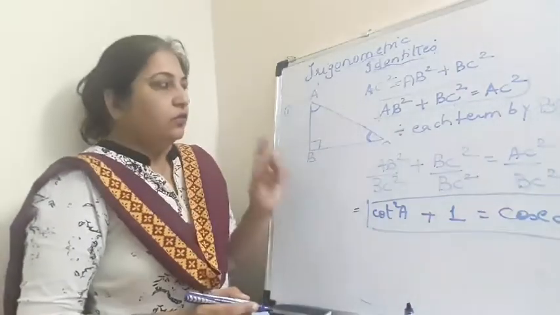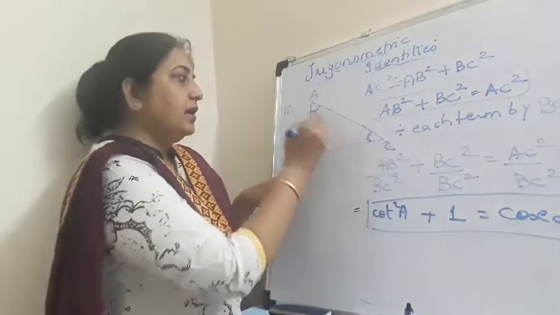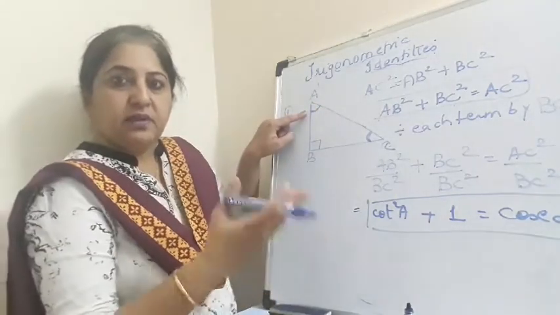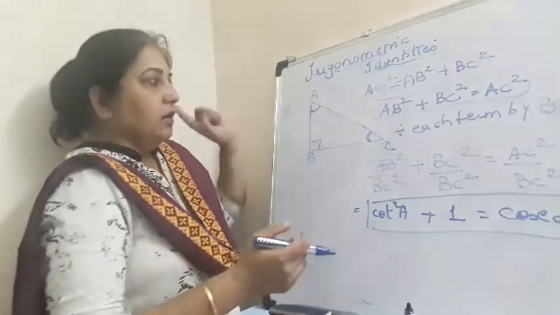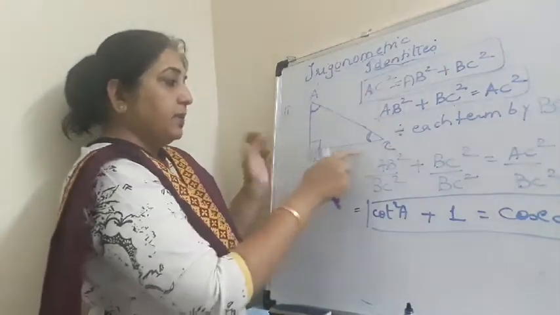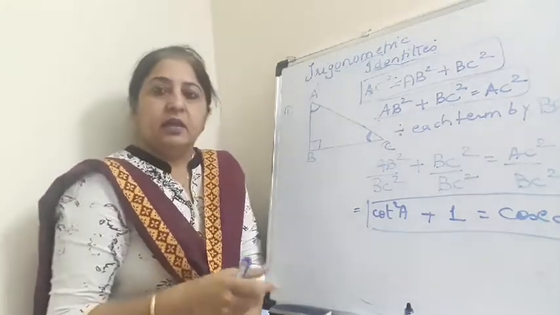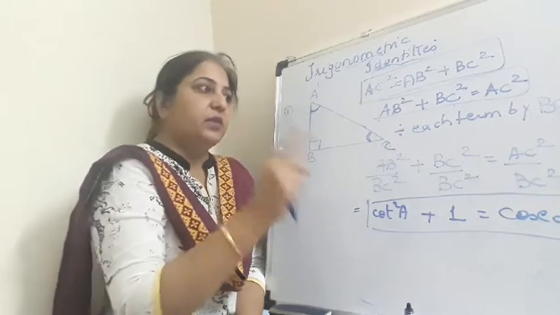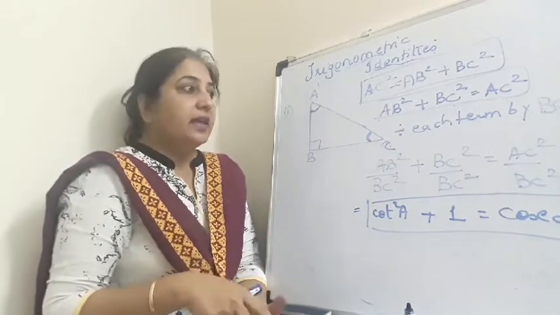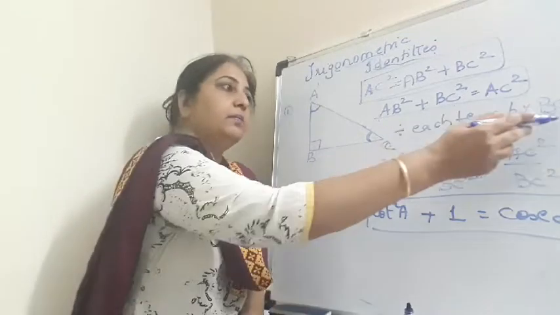Is it clear to you? So we have taken a right angle triangle, right angle at B. Because we are focusing on angle A, with respect to A we will take adjacent and hypotenuse, as we have discussed this before also. Now we begin with the Pythagoras theorem that AC square is equal to AB square plus BC square, and to prove each and every identity we will divide by, in the first case, AC square, each term by AC square, then in the second one by AB square, and in the third identity by BC square.